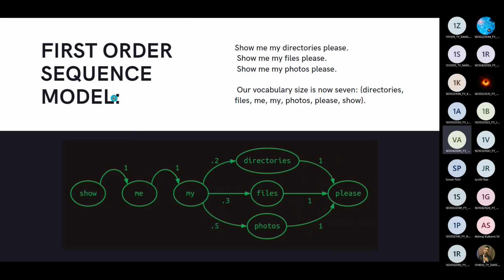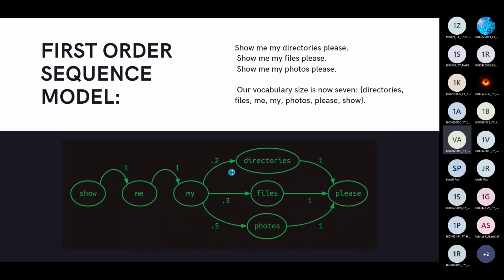Now comes the first order sequence model, the Markovian model. As you can see in the whole sentence: show me my file please, show me my photo please, show me my directory please. Suppose you're making a model that can predict the next word. If you give these 3 sentences as input, your model will learn that after show, every time me will come. After me, every time my will come, but after my there is